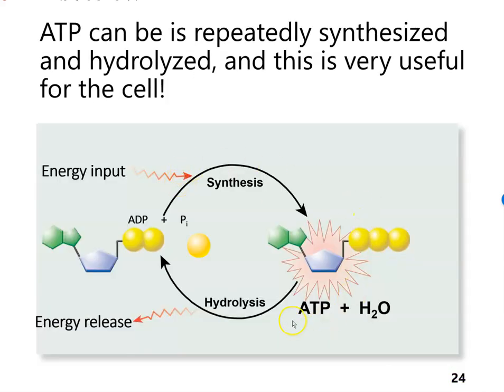So these are the two reactions. Hydrolysis is the one where ATP combines with a water molecule and breaks this bond, and the water molecule kind of takes its place. And that's where an enzyme will take that energy and use it. So the energy is released from this, and the enzyme, and many different enzymes, can take that energy and use it. So then what you're left with is adenosine diphosphate and 1 phosphate group. I should back up. This is a nucleotide triphosphate. Adenosine is the A in